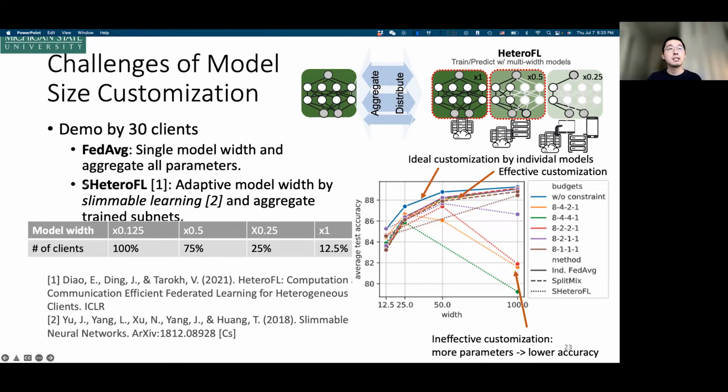And HeteroFL is a recent work which allows adaptive model sizes by slimmable learning and aggregates trained subnetworks accordingly. You can treat this as a simple combination of slimmable learning, which is a very advanced customizable learning, with federated average.